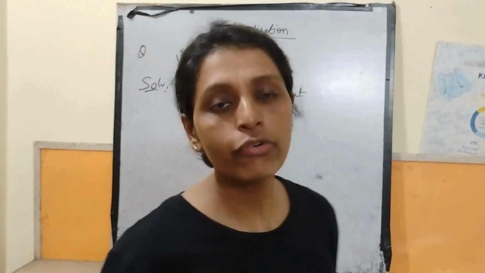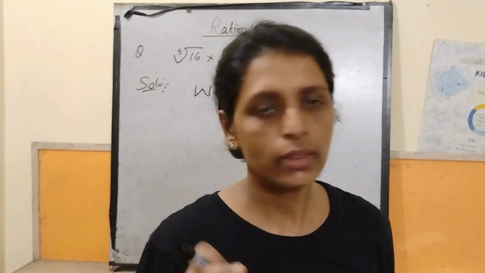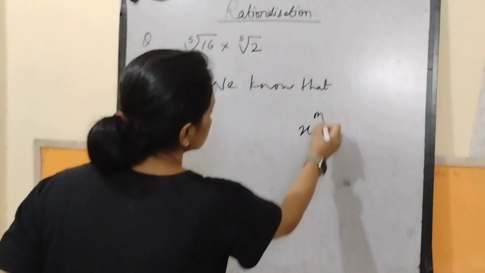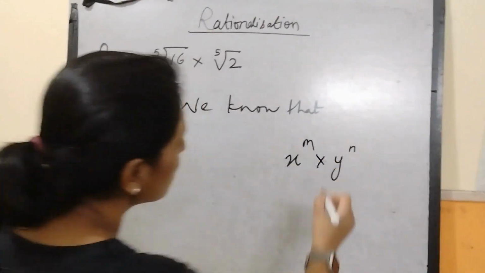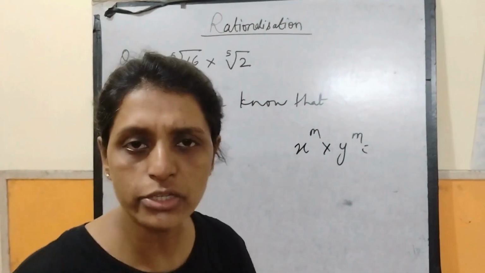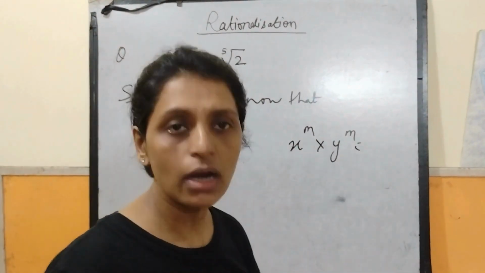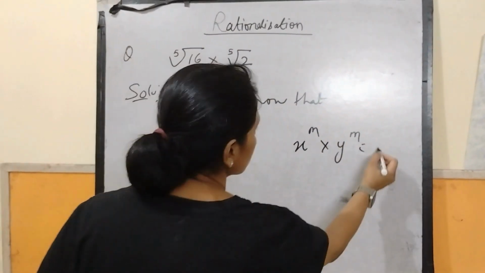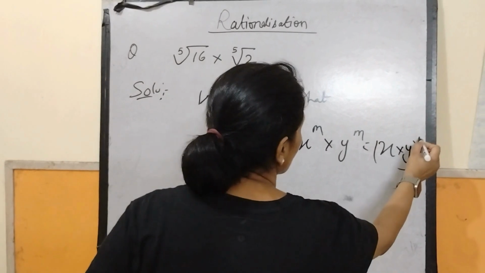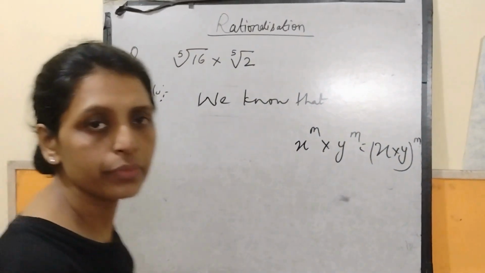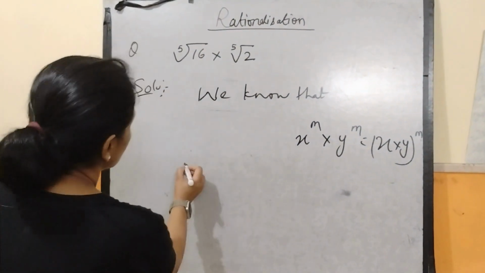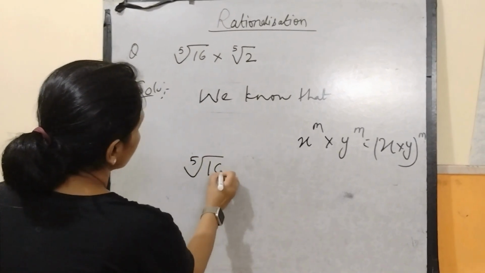According to the law of exponents, when the bases are different but the powers are same, we can write this as x multiplied by y to the whole power n. Okay? Similarly, here also, under root 5,